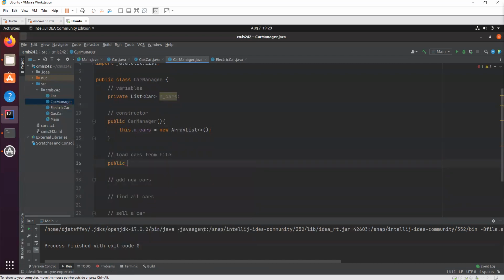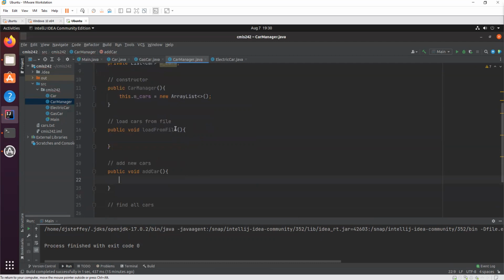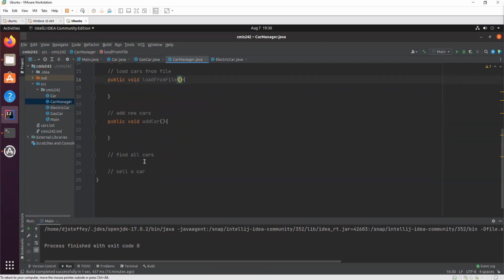So let's make some methods that do these things. Load cars from a file, we'll just call that loadFromFile. Add new cars, we'll say public void addCar. And there are some parameters we're going to need, but we'll add them when we figure out that we need them. All right, find all cars.